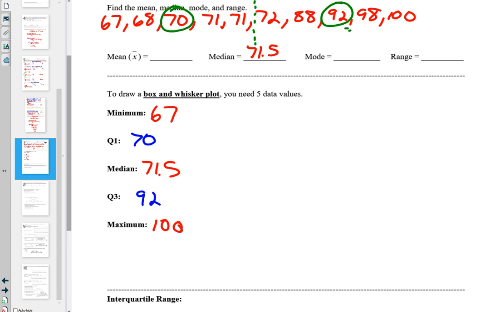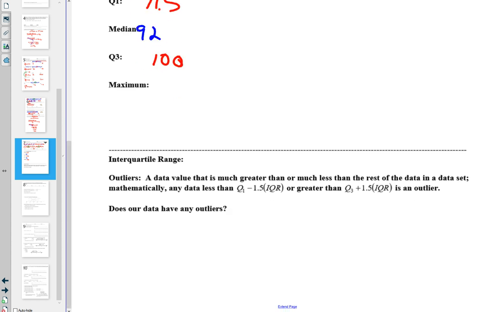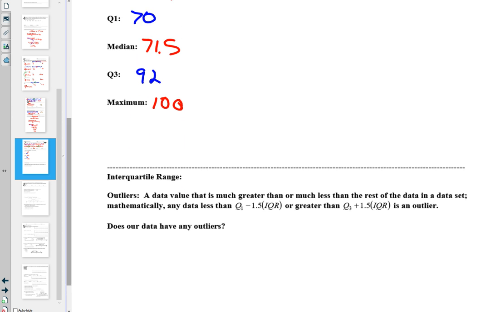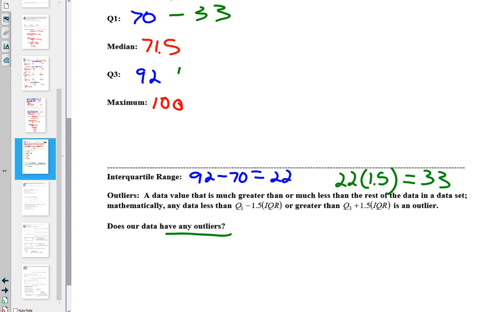Therefore, now let's go do interquartile range. Okay, my interquartile range would then be 92 minus 70, which gives me 22. If I then get that 22 and multiply it by a factor of 1.5, it's always times 1.5, then we get 33. So in order for us to have any outliers, we would have to have an element of data fall either 33 below Q1 or 33 above